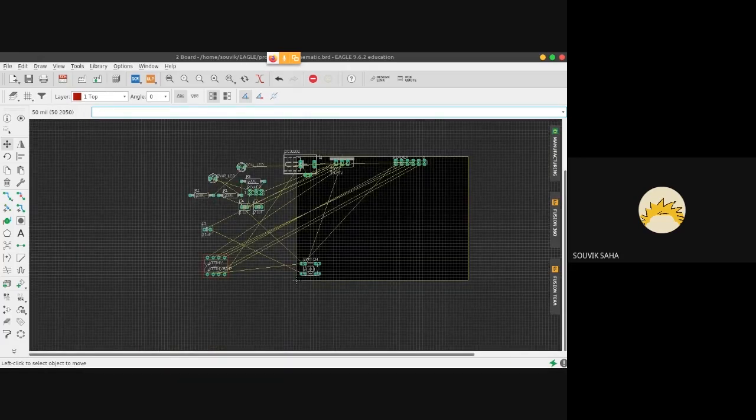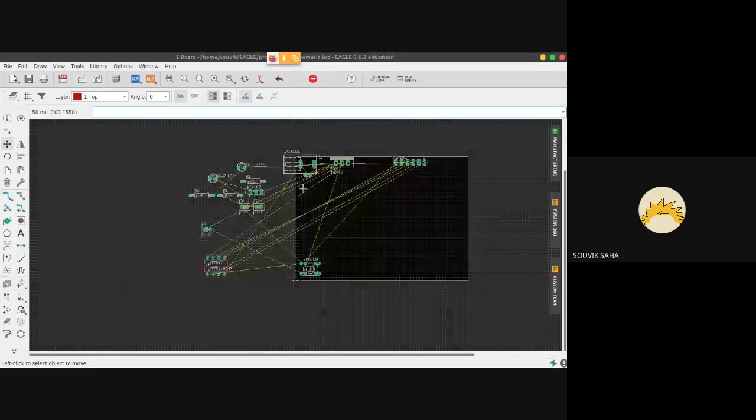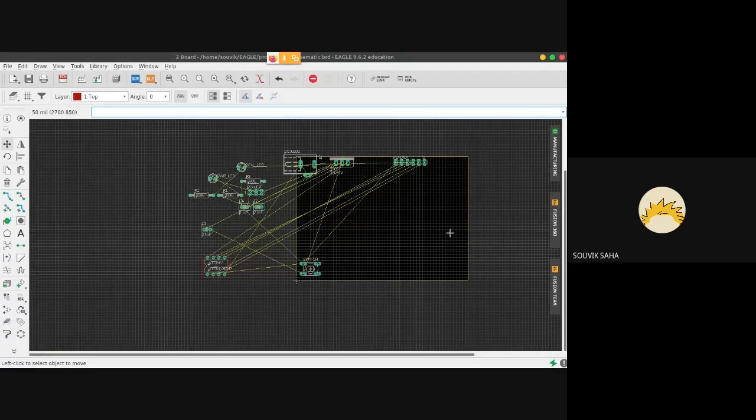DC jack is generally at the top left corner. Output LEDs are generally somewhere around here. And the rest of this section is meant for the controller and any kind of peripherals that you use. So I'll put the LEDs also near the power switch.